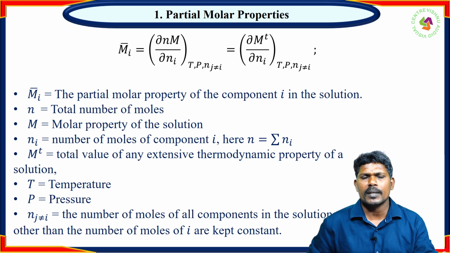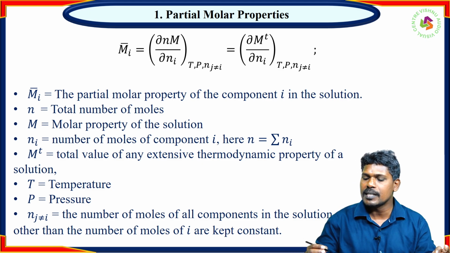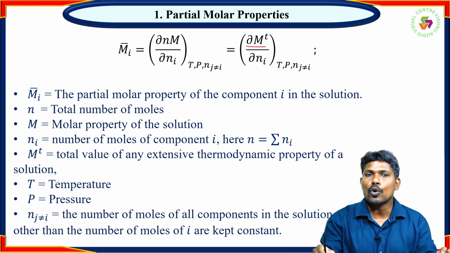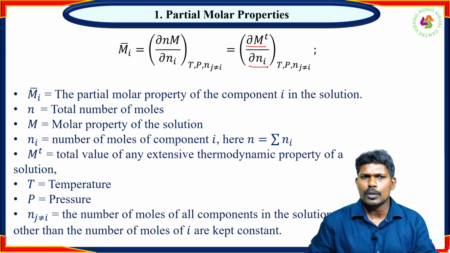So the partial molar property is equal to dou, here the change in total molar property with respect to the change in number of moles of that compound. Means when a particular number of moles are added to a mixture,